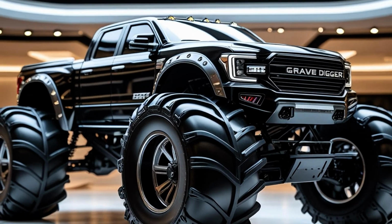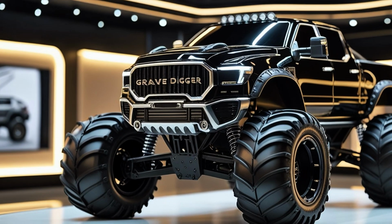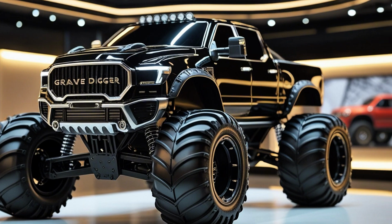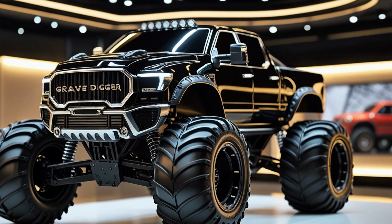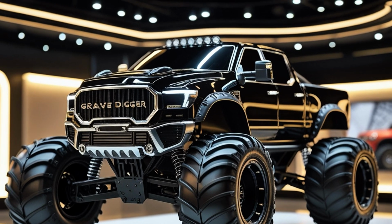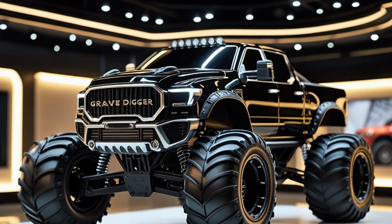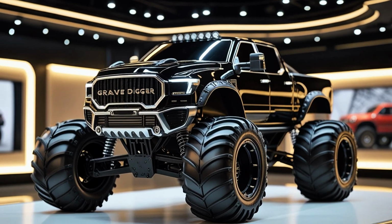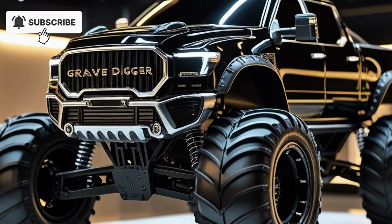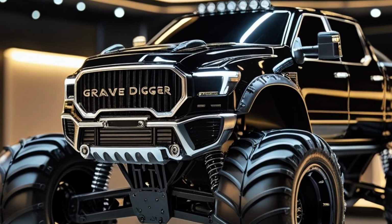Today, we are diving deep into a machine that isn't just a truck, not just a piece of engineering, but a cultural icon of motorsport. This is none other than the legendary Grave Digger monster truck. For decades, this beast has dominated arenas, thrilled millions, and carved its name into the history of monster truck competition. It's not just a vehicle, it's a spectacle, a show, and an experience that captures the very spirit of mechanical